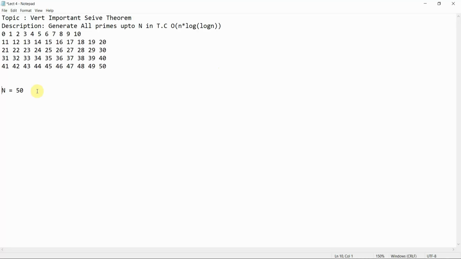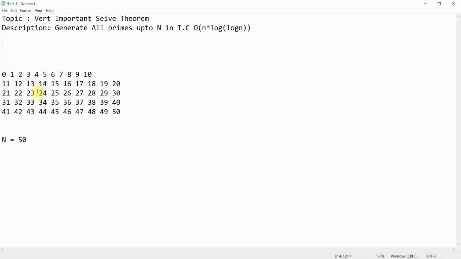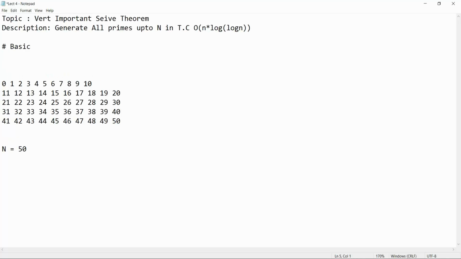Before this, let me start with what basic approach first comes to your mind. I'm going to discuss why we are going to use this theorem instead of a naive approach. So basically, if you want to generate all the prime numbers up till n,